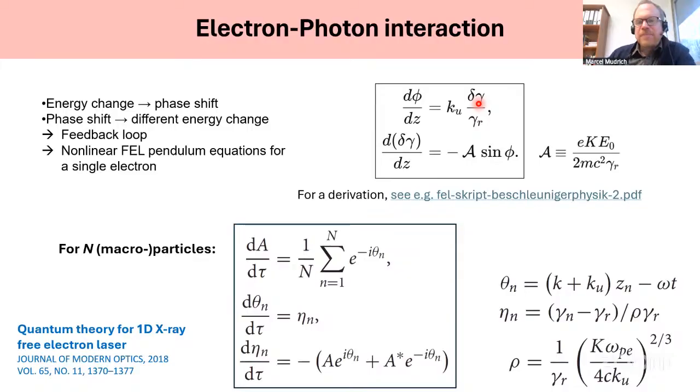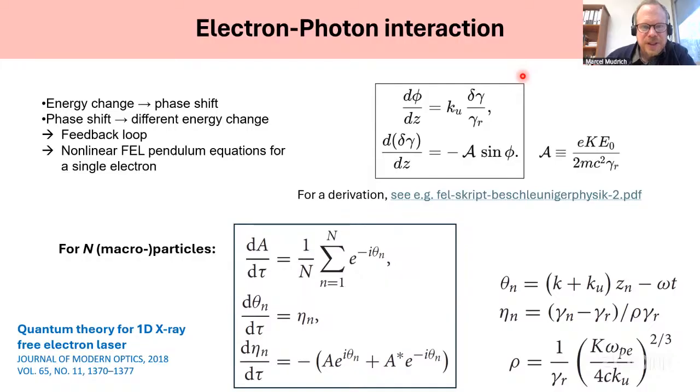But this can be extended by considering a many-particle system of n, not even single electrons, but n macro particles, so packets of electrons. But essentially, the set of equations for this n particle system has the same structure as the